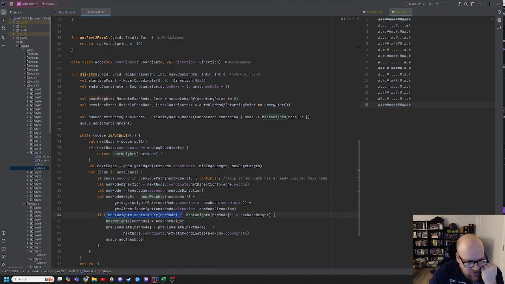If best weights contains key, if the best weight contains the key and the best weight is greater than the new node weight, then